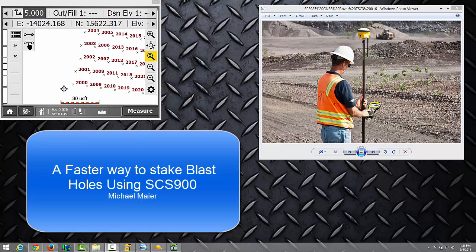So anyways, I was down in South Africa a little while ago, and the surveyors down there have figured out a pretty neat way to do blast holes. And so